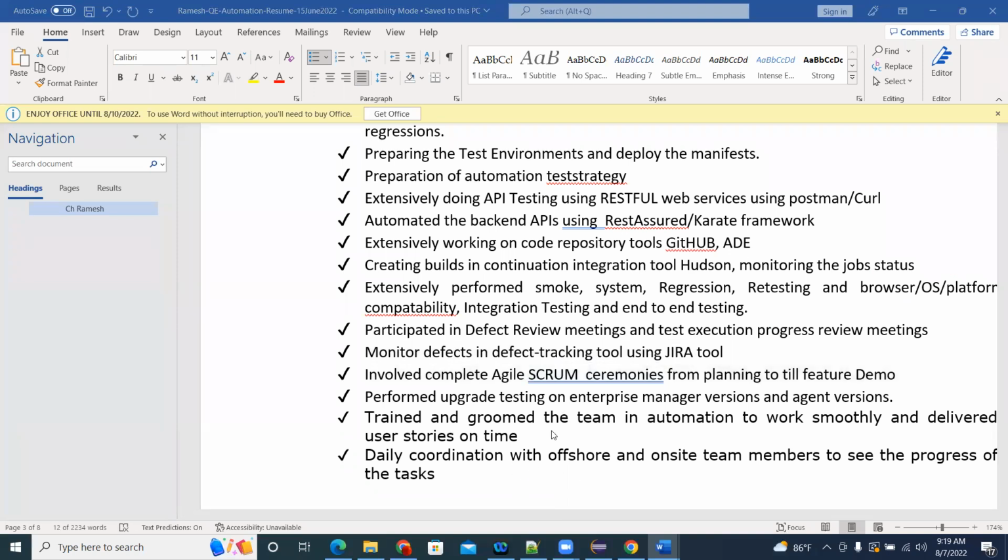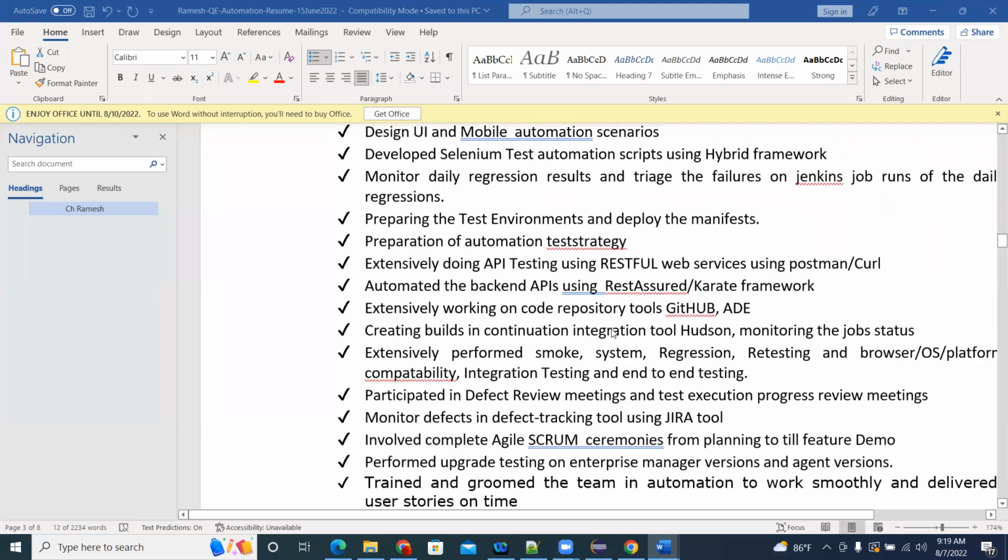And these points you don't need. Only automation points you can include in your resume roles and responsibilities place. So put at least 2 or 3 projects. If 2 years, 1 project is enough. If 3 years, at least 2 projects is mandatory. Okay, so that's all about the automation part, how to prepare.